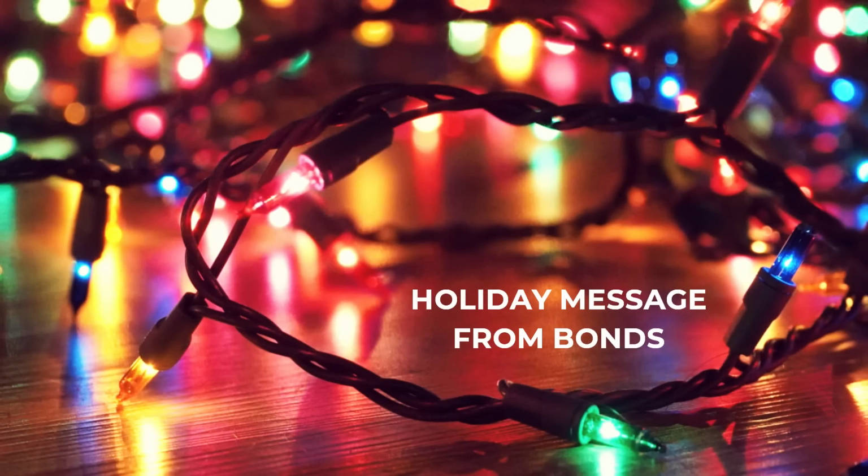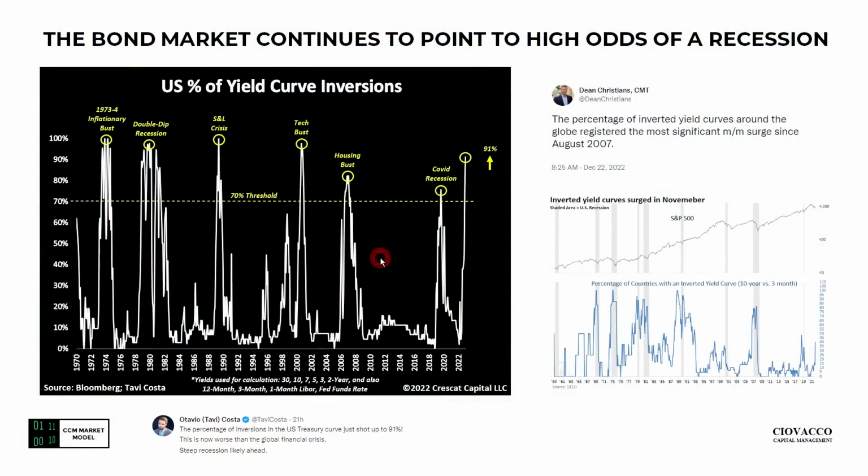What about the latest holiday message from the bond market? As shown on the tweet on the left side of your screen, here's the source of the tweet down here. 91% of the yield curve is inverted. That's